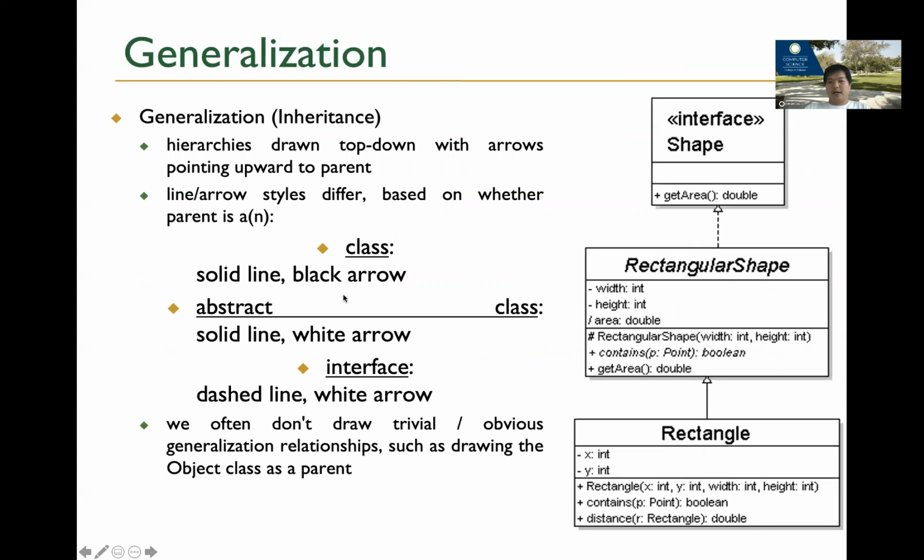All right, and then this is how you specify whether it's a class, abstract class, or interface. For an interface, you use this kind of double brackets. If it's an abstract class, you maybe use italics. But again, these are too much detail, and you even specify a dash line if it's an interface. In reality, we don't write this, because if you know it's an interface, of course you will have to implement it, right? But if you're talking about following the specification 100%, that's the right way to do it.